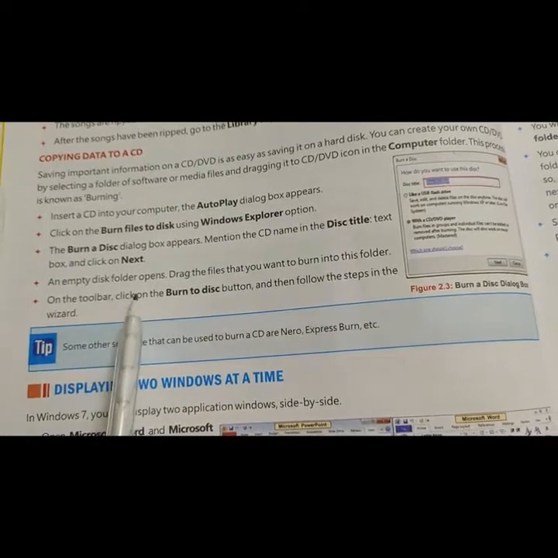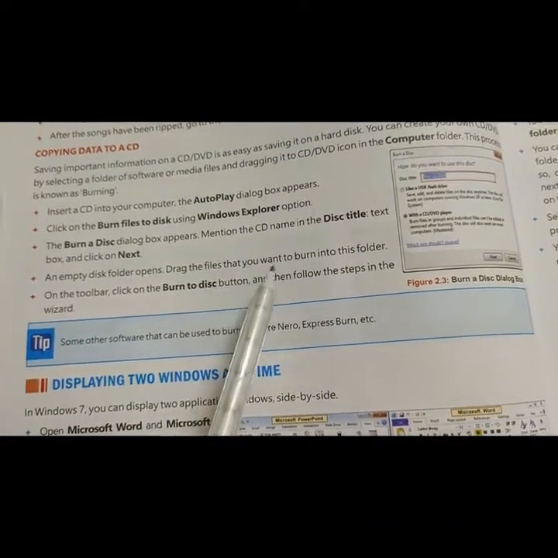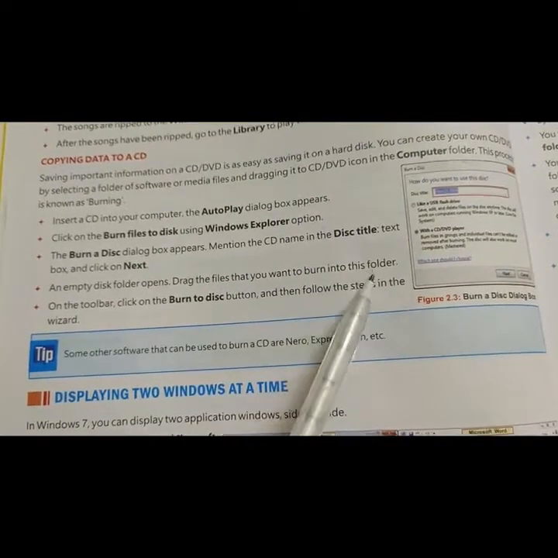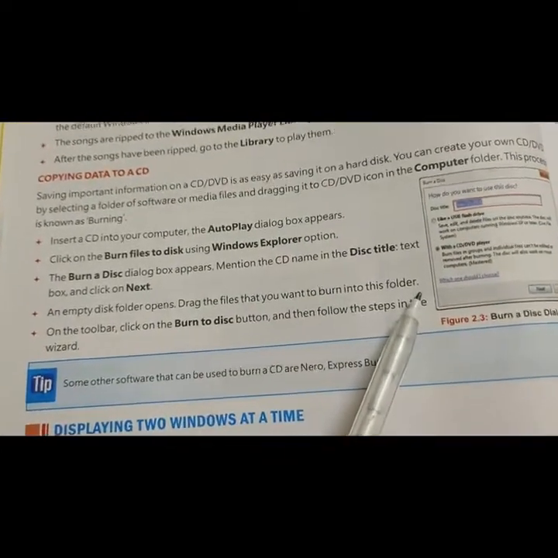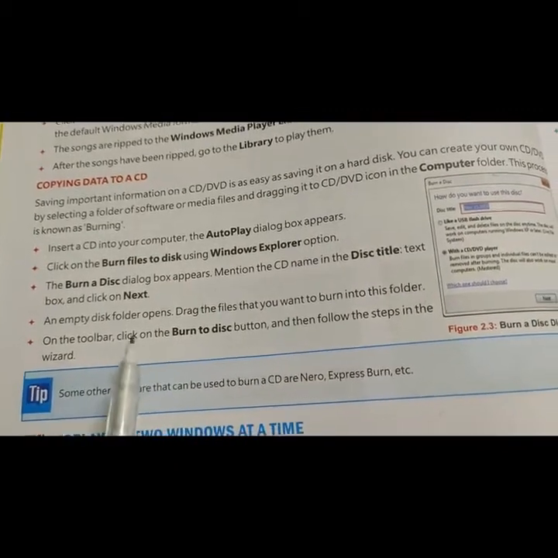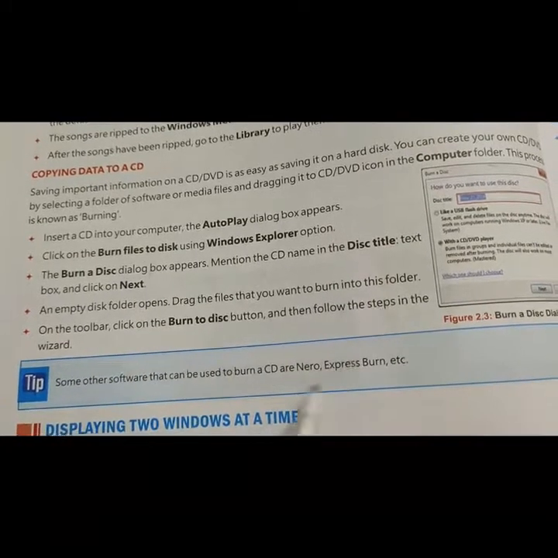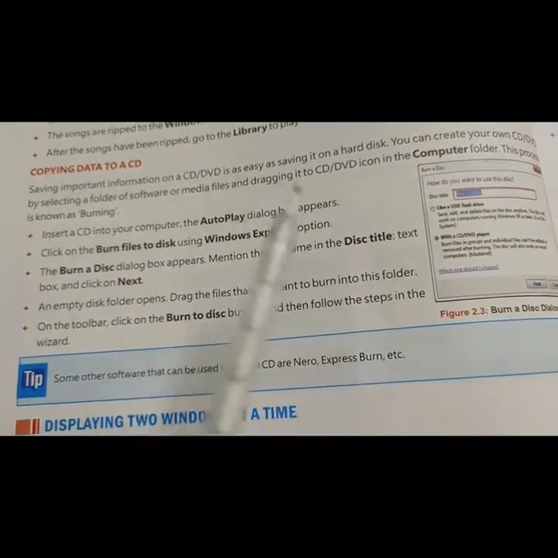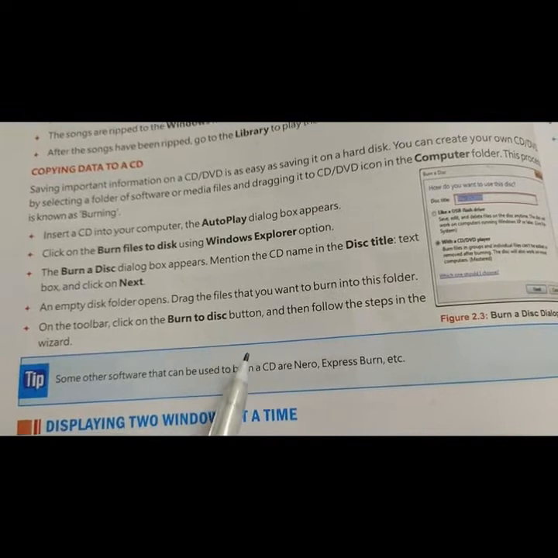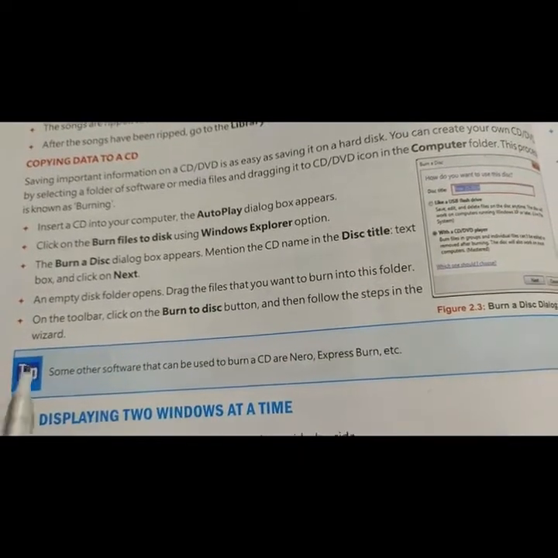An empty disc folder opens. Drag the files that you want to burn into the folder. Whatever files you want to burn, you will see an empty folder open, and you just drag your files into that folder.